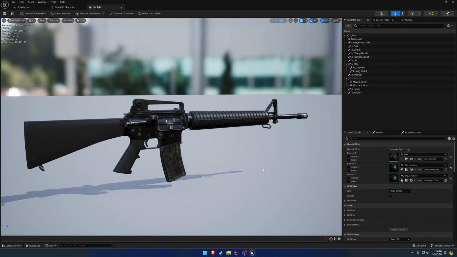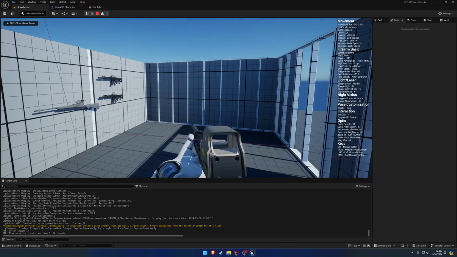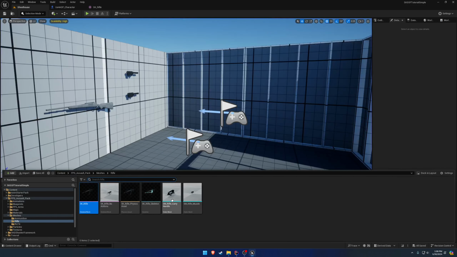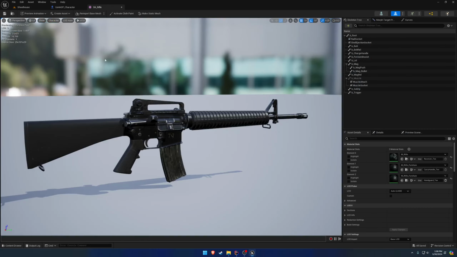In this video, I want to start going through and setting up the firearm to give you an idea on just how to basically configure everything. So basically, it's going to be a replacement for the example. So to begin, we're going to be using the SK rifle of the FPS Assault Pack,